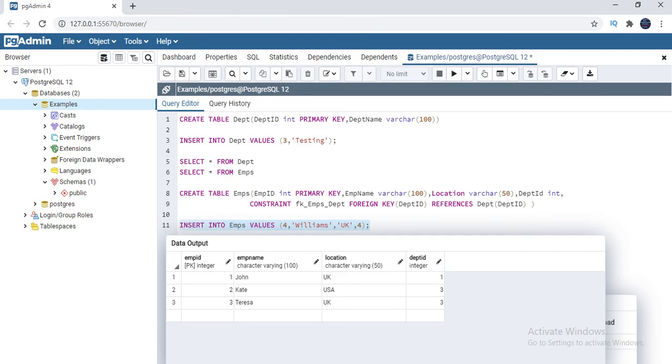Later, if somebody asks what is the department of Williams, I cannot get it because department 4 is not defined at all in the system. So to validate the data and give meaningfulness to the data, a foreign key is required. On the whole, the foreign key constraint is the concept which provides us data integrity in an RDBMS.